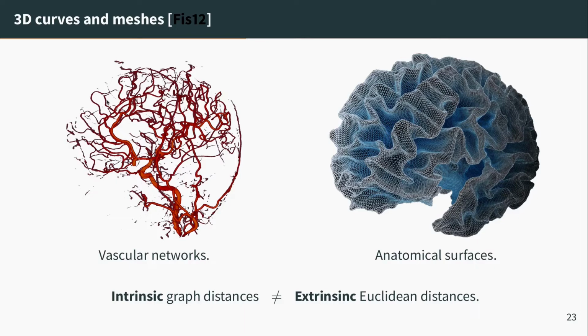But for most applications, this is not really relevant, especially for surgery. If someone has a stroke and you need to operate on them quickly, what really matters is the distance between them along the network. And so to understand this intrinsic distance along the network of blood vessels, you need to define a graph and be interested more in the intrinsic geodesic distance than in the extrinsic 3D distance that comes from the embedding. So, first motivation, just like 1D graphs, and also anatomical surfaces are important too.